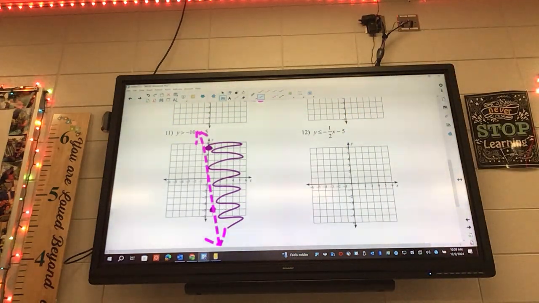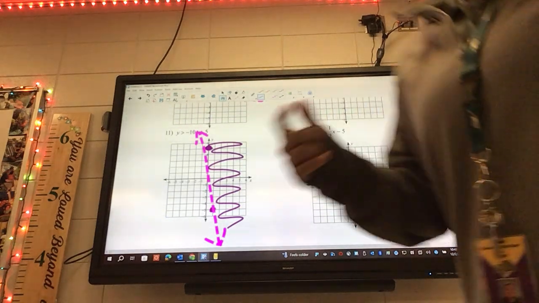Okay, when we're talking above and below, this one's kind of hard to tell which one is above and below for some of you guys. When we're talking above and below, you're talking